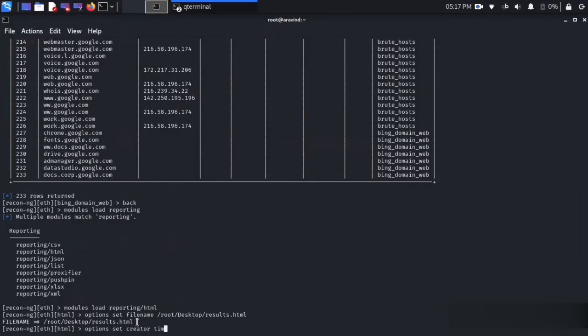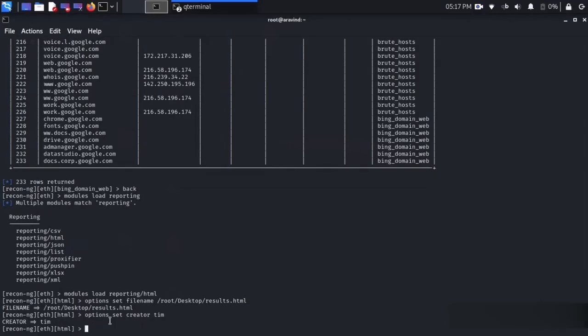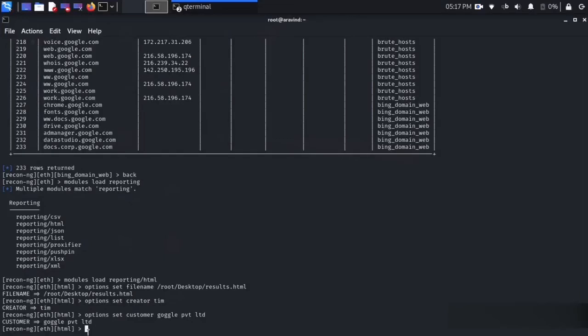Under options set creator, I have given the name Tim. Now we have to enter a customer name. So options set customer, and I am simply setting the customer name to Google Private Limited. Hit enter.